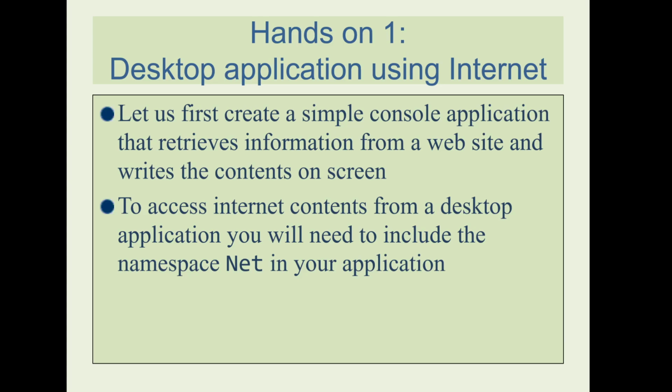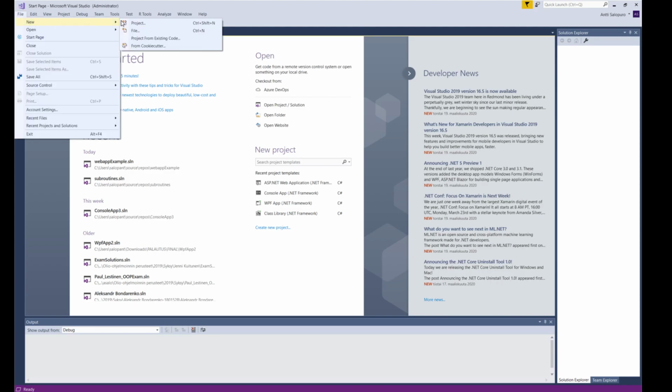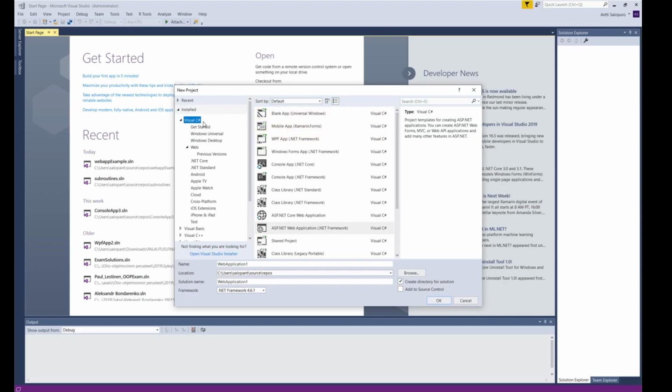So for this hands-on, you only need Visual Studio, and then you can create a similar kind of desktop application that you know how to do from the programming course. So let's start doing this part now. We just go to Visual Studio, and then we create a project just as we do in the programming course. So we go to Visual Studio, Visual C# part, and then we find the Console App (.NET Framework), and